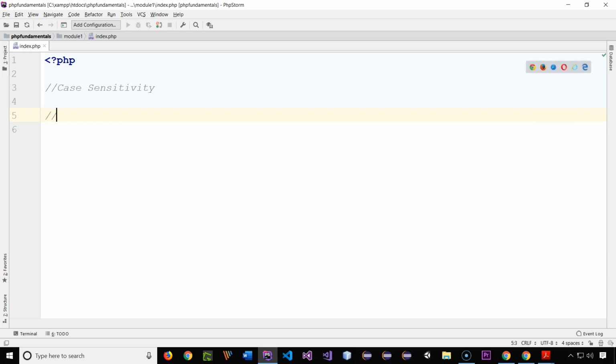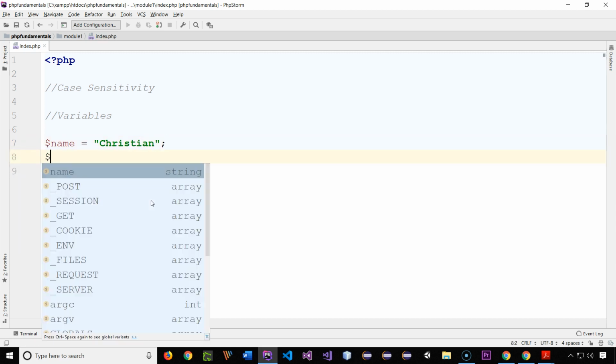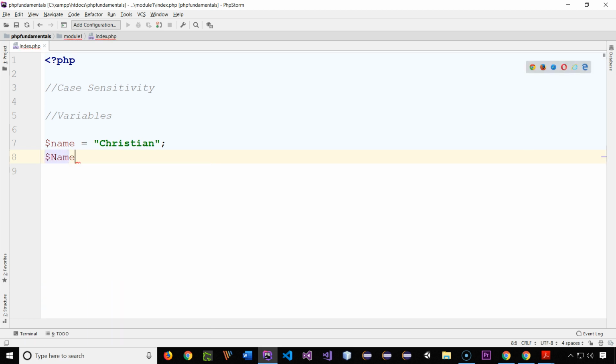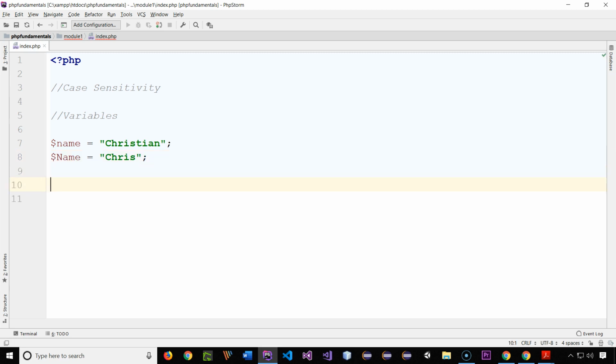One thing is variable names. We'll talk about that later. That means it's case sensitive. If I have a variable called name and I give it Christian, this is case sensitive. That means I cannot use name with a capital N. If I type in here, let's just say, Chris, now these two are completely separate variable names because they have different casing. So if I output them with echo, my name, this one versus the second one,